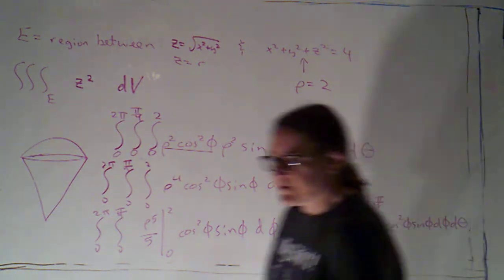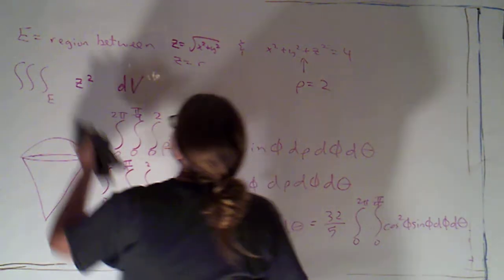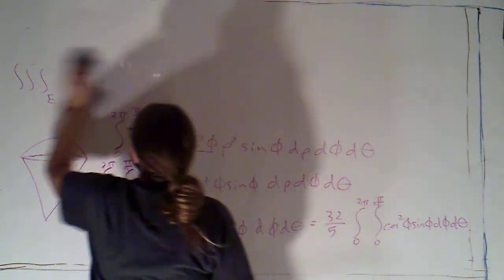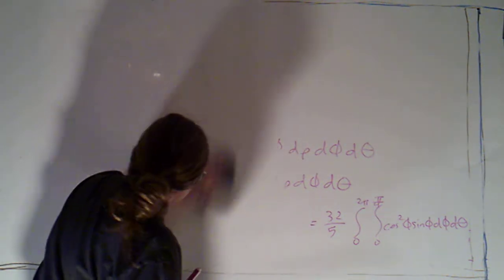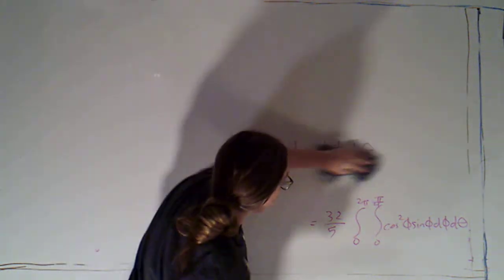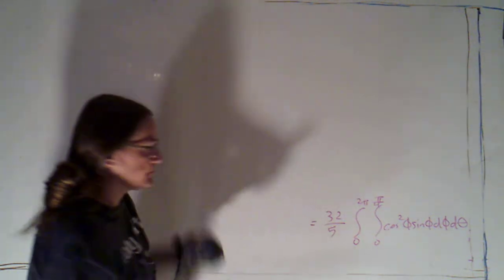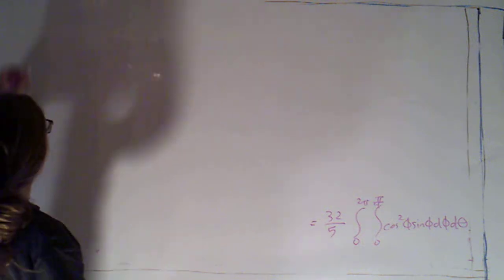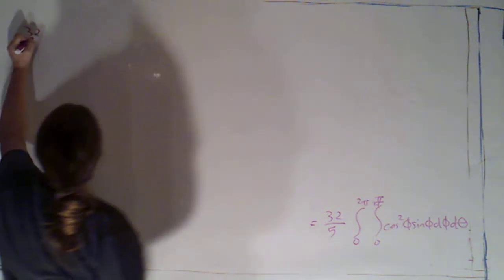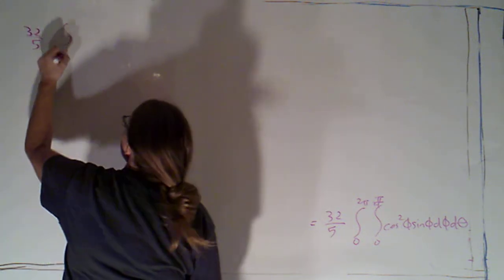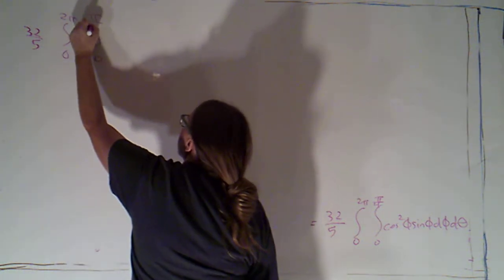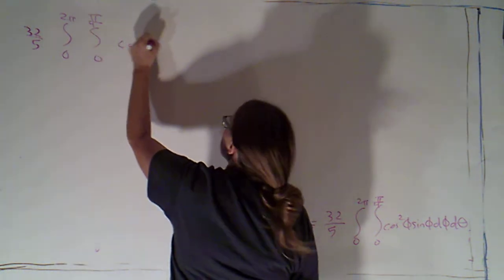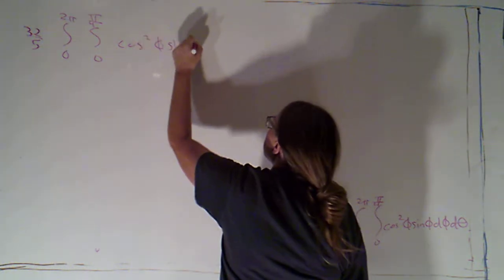Looks like we need some more space. Okay, so let me just copy that down over here. 32 fifths, integral from 0 to 2 pi, integral from 0 to pi over 4, cosine squared phi sine phi,